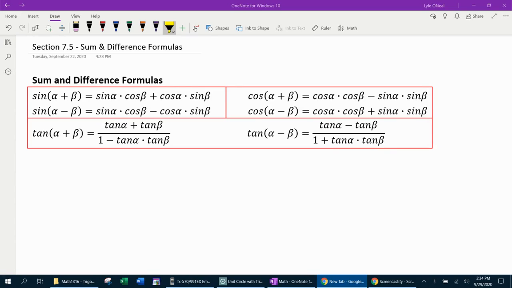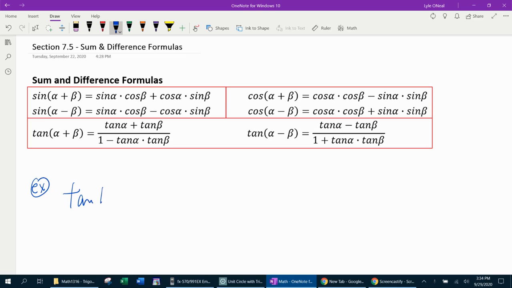Hello, welcome to our lesson on section 7.5 from our trigonometry course. In this section, we're going to be talking about the sum and difference formulas for sine, cosine, and tangent. So our main goal here is to help you understand, given a problem, how to pick the appropriate formula and then apply it correctly. Our first example that we're going to start with